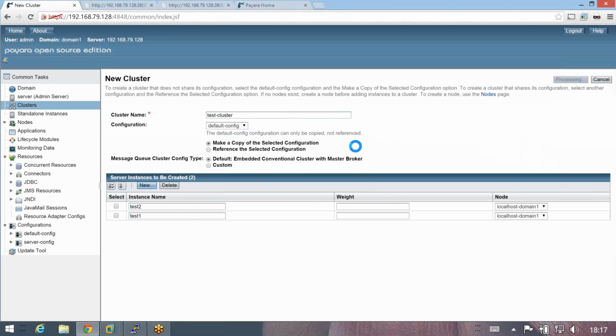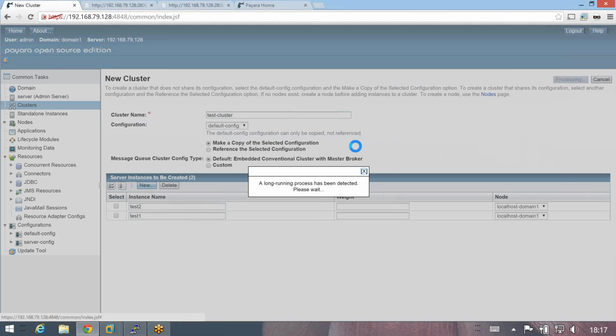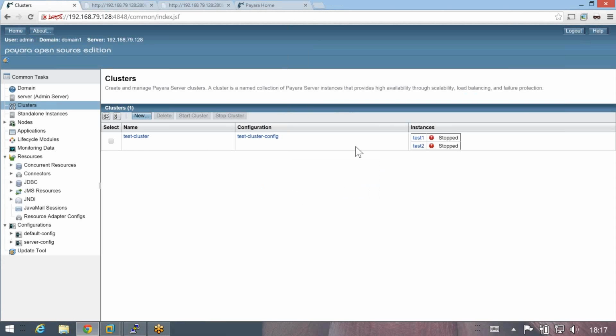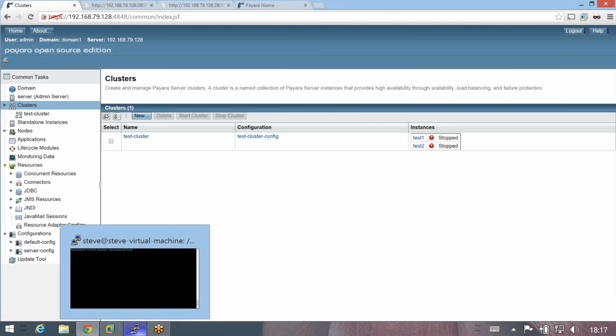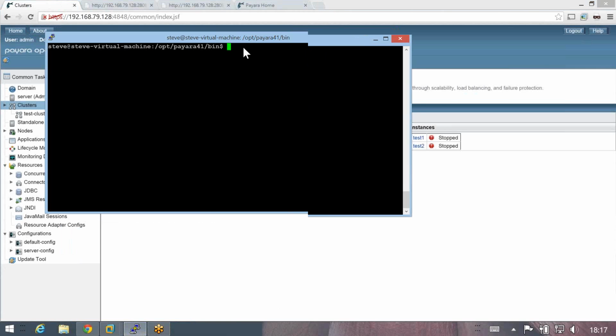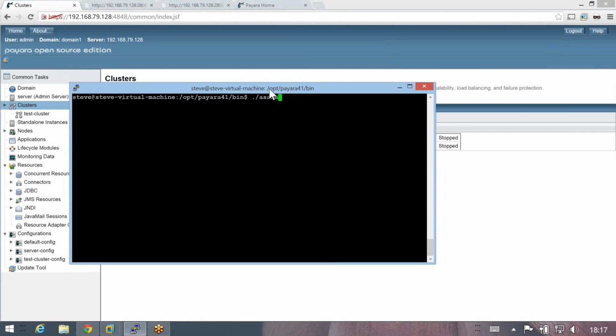And then we're going to deploy a web application to that cluster to show that the session state is shared between the two Payara instances. Pretty basic stuff. Before that, we'll just show a couple of new ASAdmin commands. So if I log into ASAdmin,